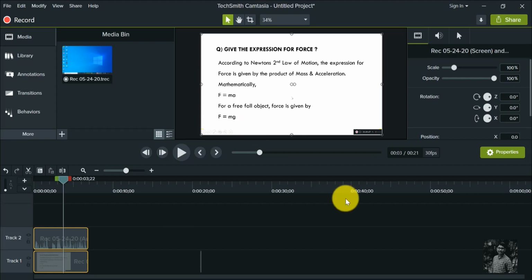Okay, this is how you need to do with the second method. But I always suggest to go with the first method. It directly starts from the first slide and it ends at the last slide. By using this method, you need to trim off extra parts at the beginning and the ending. I recommend the second method only for those people who don't get the Camtasia add-in in their PowerPoint due to technical problems.